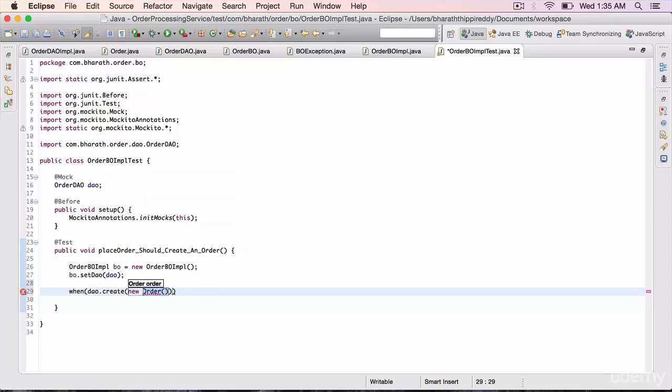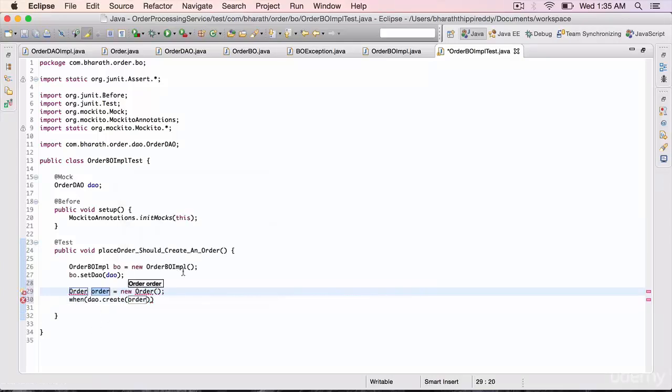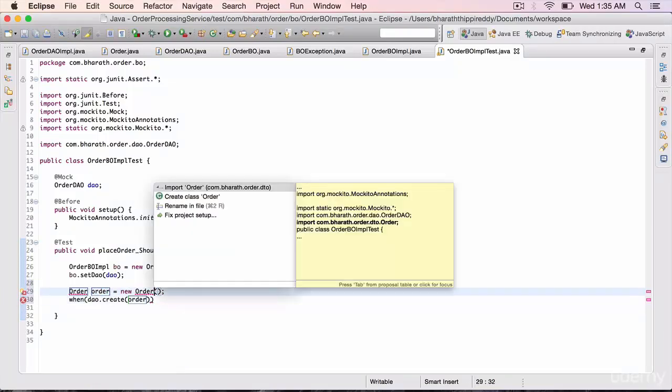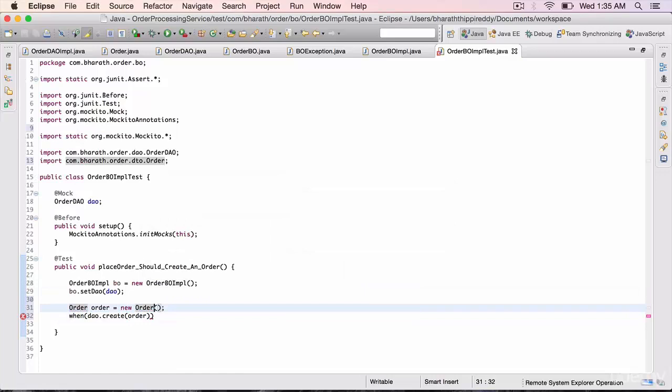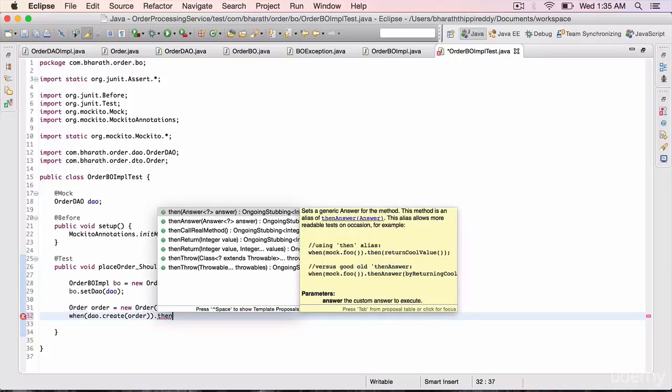Select this new order, assign this to a new local variable by hitting Ctrl+1, extract to local variable. Let's call it order. Import this Order by hitting Ctrl+1. Import. when(dao.create(order)), two brackets, dot, then as you can see, the when triggers the whole process.